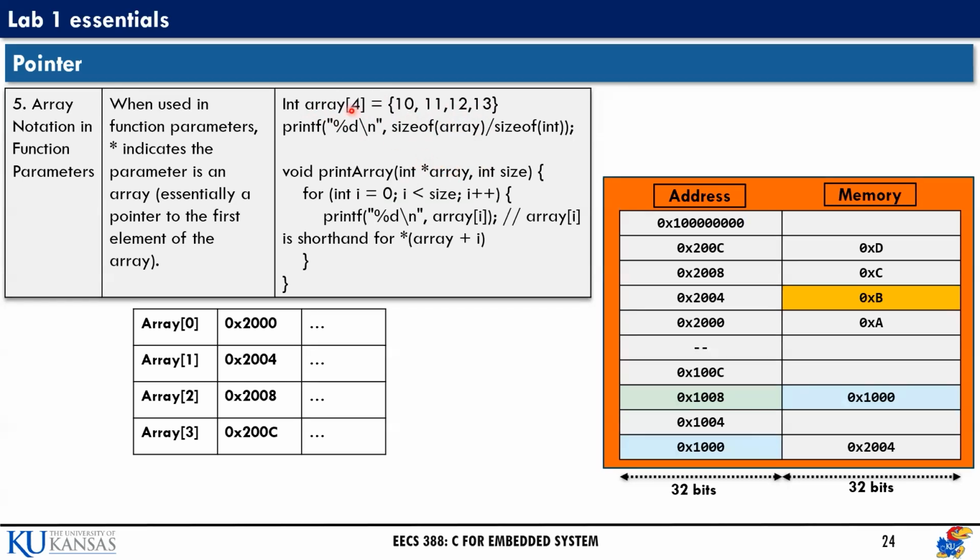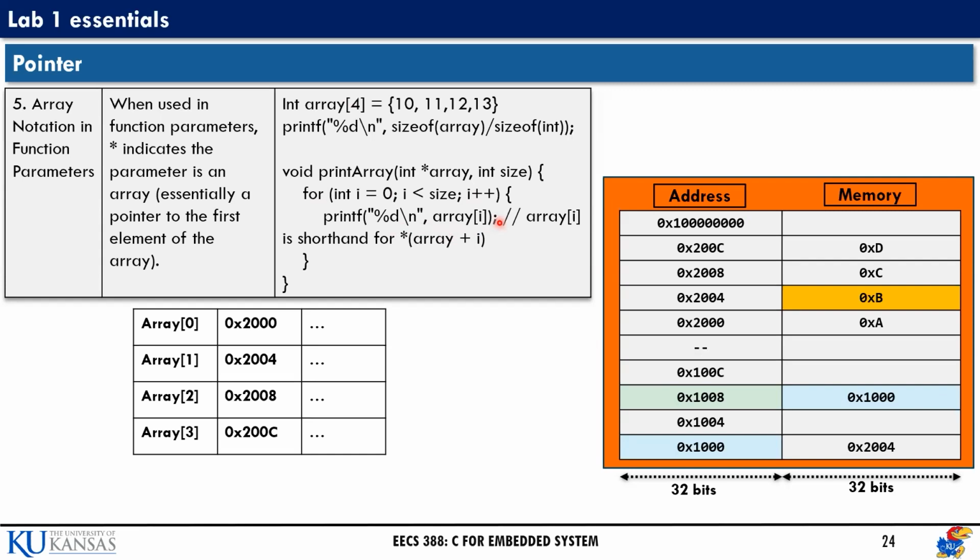When we declared this array, it is a pointer, and we can use it to return the very first address of that array, using this pointer sign. If we know the size of our array, here it's 4, we can use a for loop to go through each array element